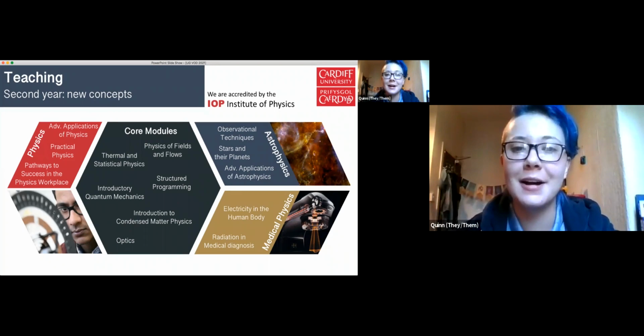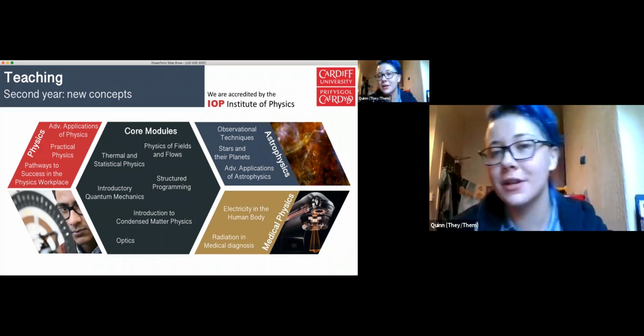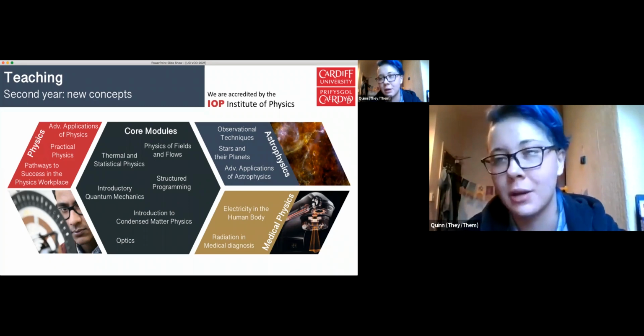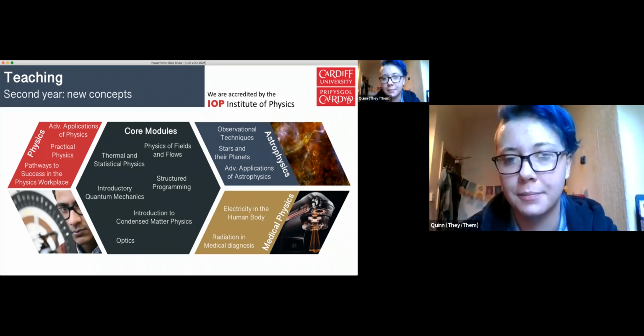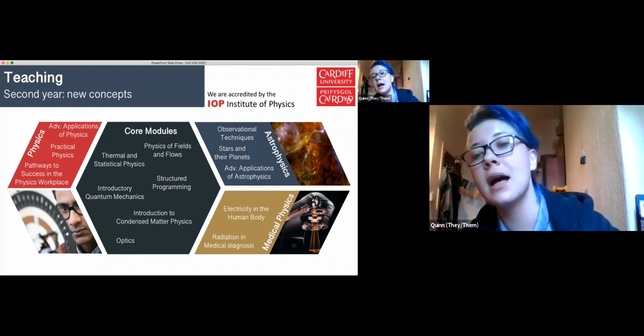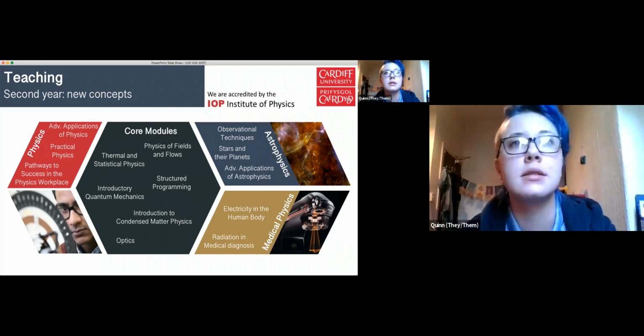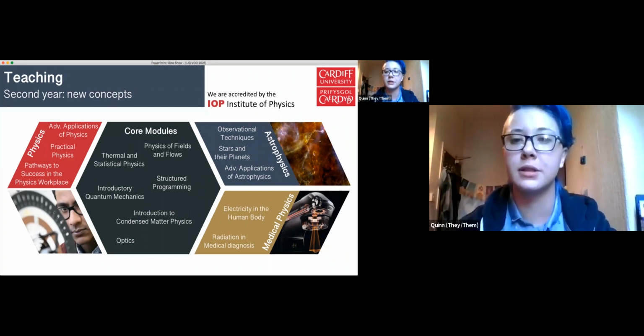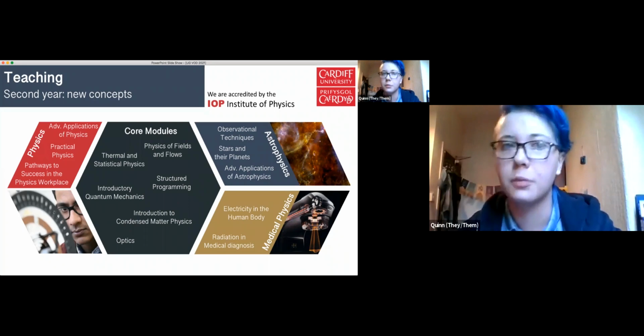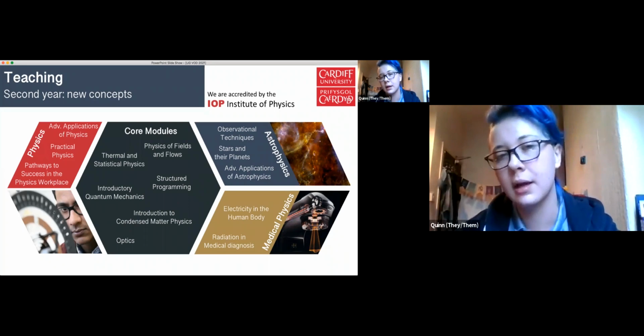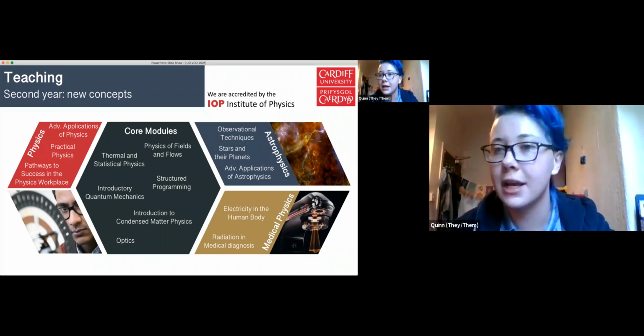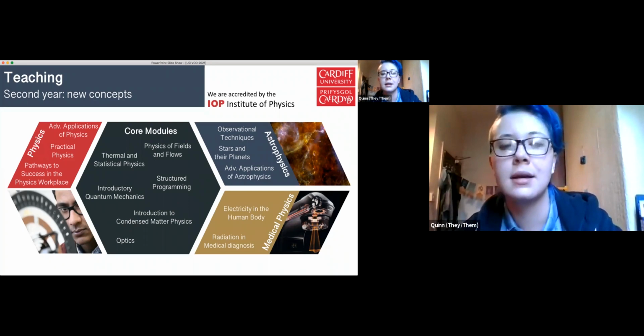space. So yeah, I chose observational techniques for astronomy, which is nicknamed OBSTEC. Stars and their planets, where you go into a little bit more detail of how stars and planets are formed, the relationship between them. That's got a lot of gravitational physics in it. And